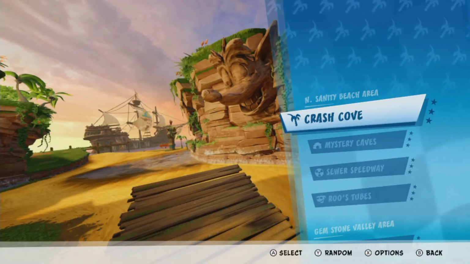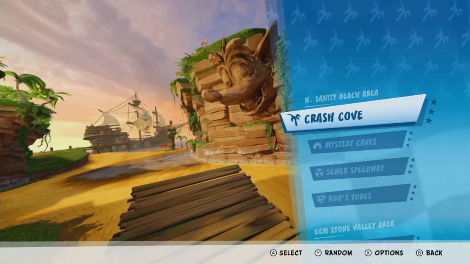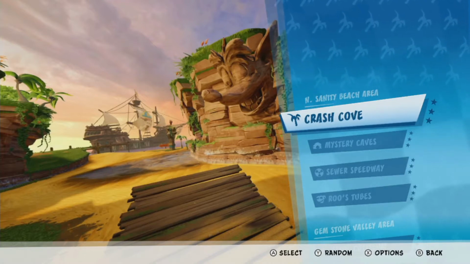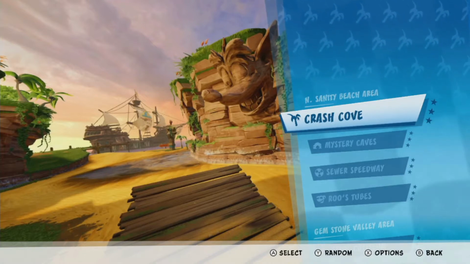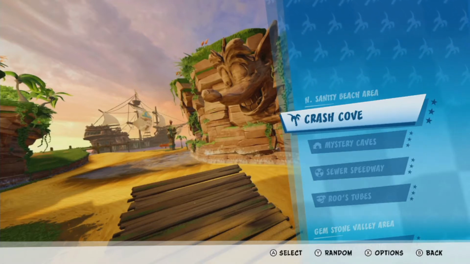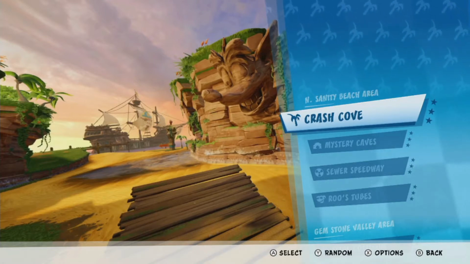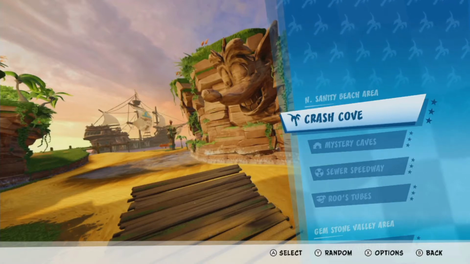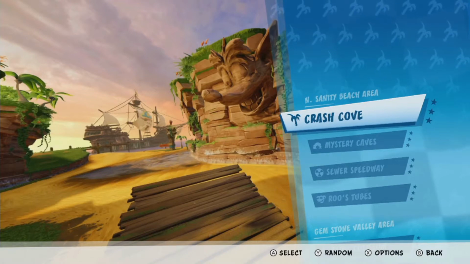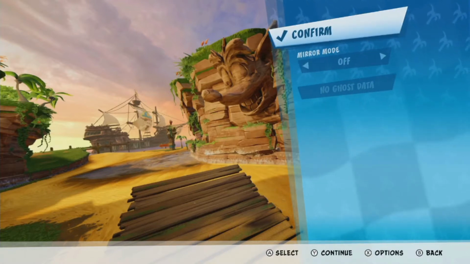So, to save a little bit of time, we're gonna use this time to find the Beanox crates as well, since those are also kind of required for 100%. Keep in mind, I already broke a lot of them, so I'll at least attempt to show you where they are. Okay, so the first one is in Crash Cove, hidden in the